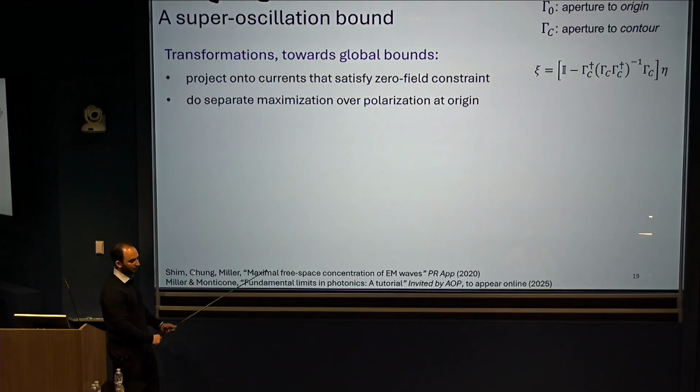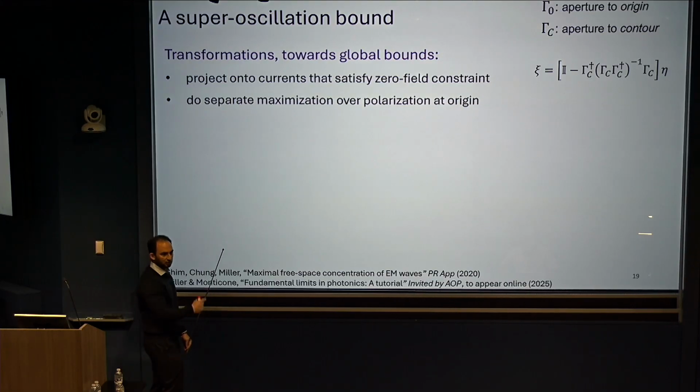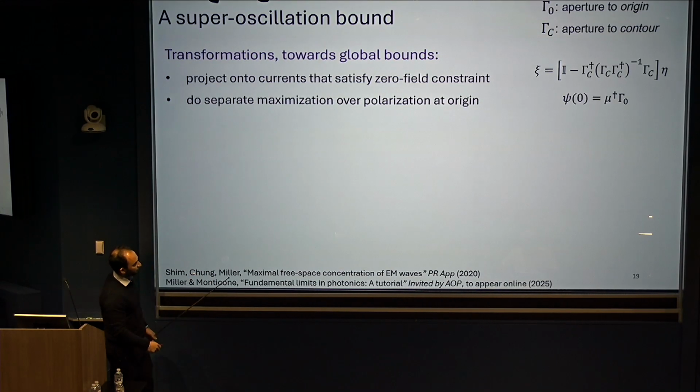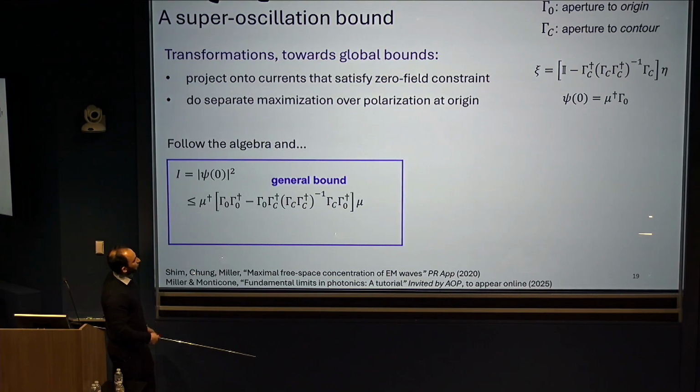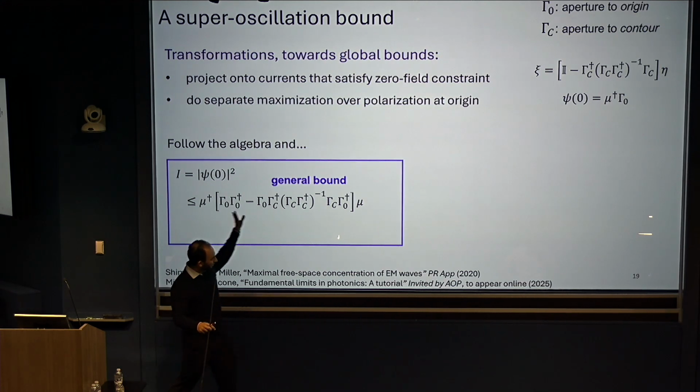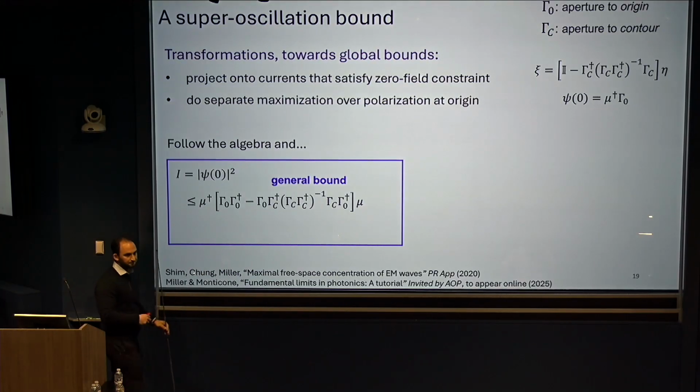There's polarization I have to deal with. The way to resolve that is just pick an arbitrary polarization that you want to maximize, and then you just try different ones. At worst, you typically do 3 calculations. So I pick a polarization mu. I project the field onto that polarization. What happens is you get a rank 1 optimization problem. You can immediately write down an answer. It looks a little abstract, but what this tells you is you can pick any aperture you want. And fields, these are simple matrices you can calculate, and you can computationally produce a bound.